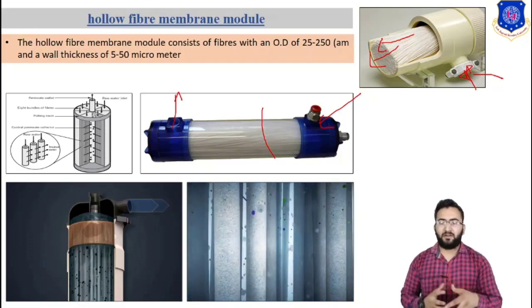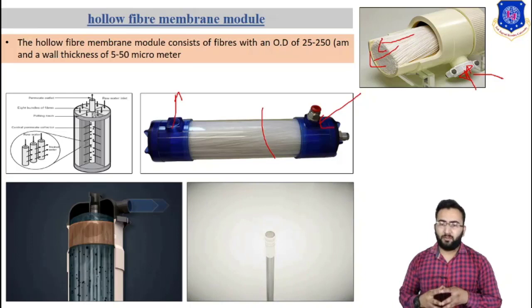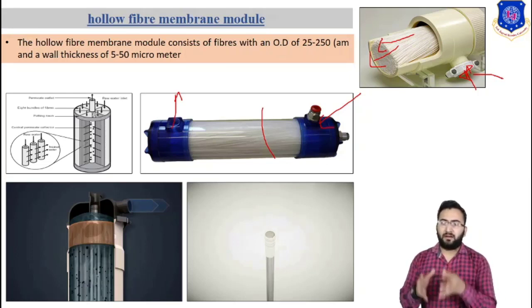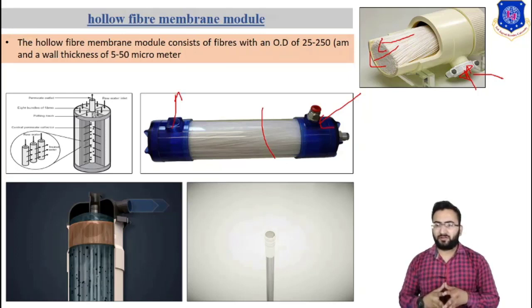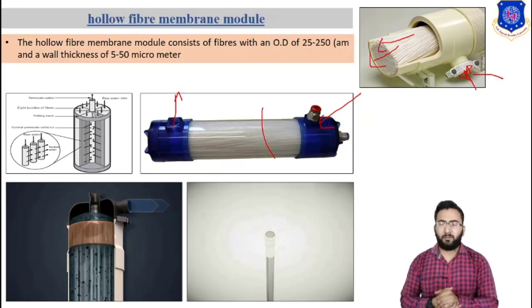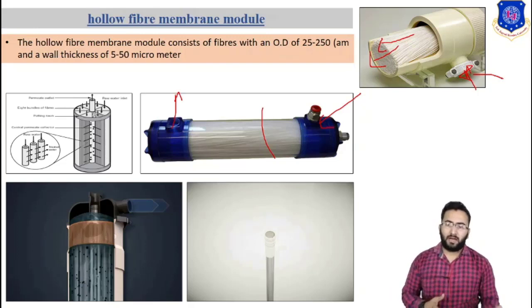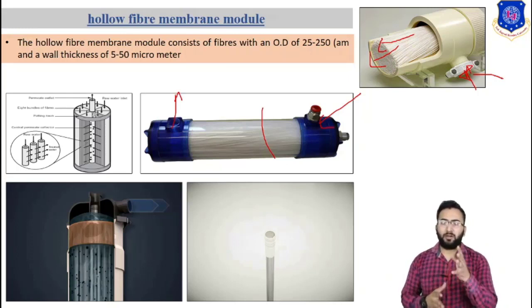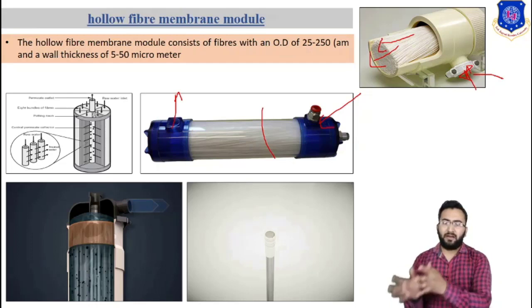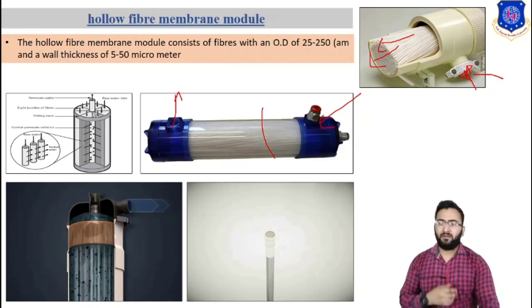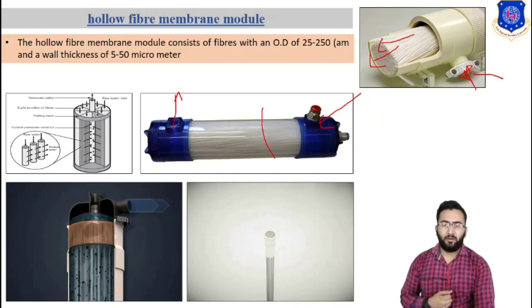Now let us discuss various advantages of hollow fiber membrane module. In hollow fiber membrane module, a huge number of fibers can be packed inside a cartridge, thereby rendering a high area to volume ratio at lower cost. Hollow fiber is a flexible membrane. Filtration can be carried out in two ways, either inside or outside. The tangential flow along the membrane surface limits the membrane fouling. Hollow fiber membrane can be designed for circulation, dead end and single pass operation. So this is all about the hollow fiber membrane module.